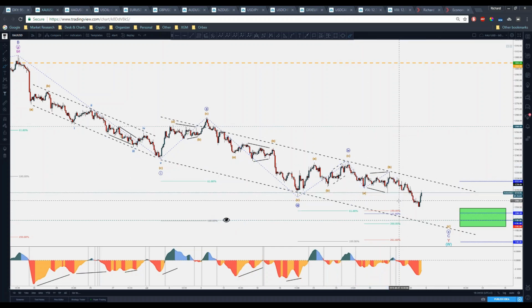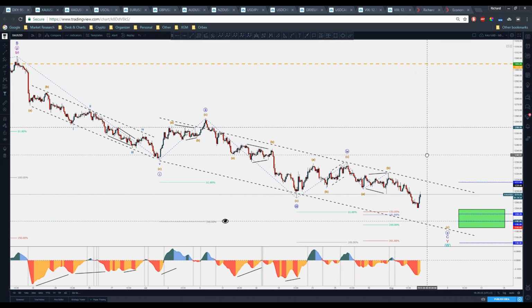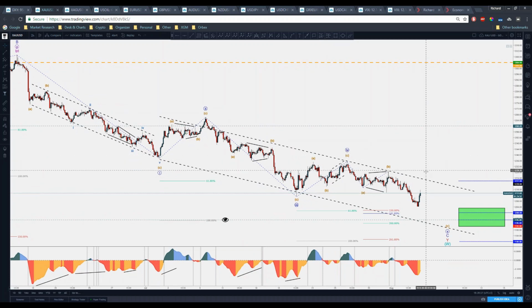So as we can see, this zone is a vibration zone, the way I like to call it, and also meeting with the descending channel in the ending diagonal. If a bullish divergence would occur right here, the chances for gold to actually revive a little bit could increase. So keep an eye on it, right? I'm going to keep an eye on it, and then we'll have some more details.